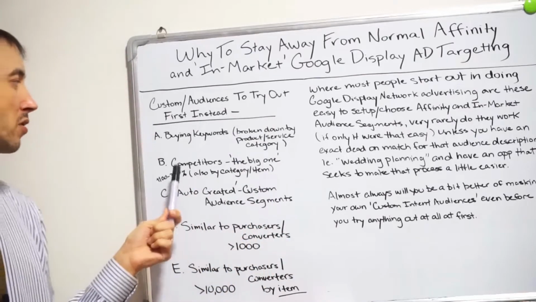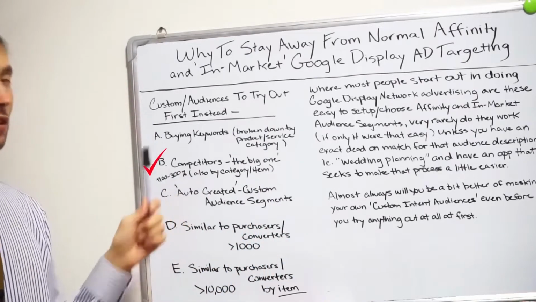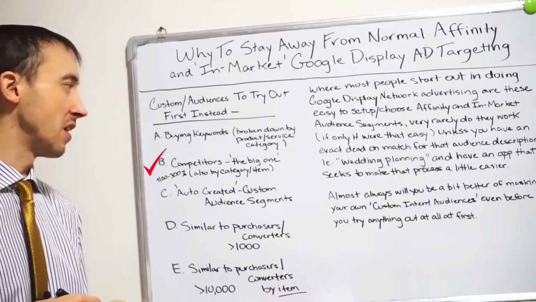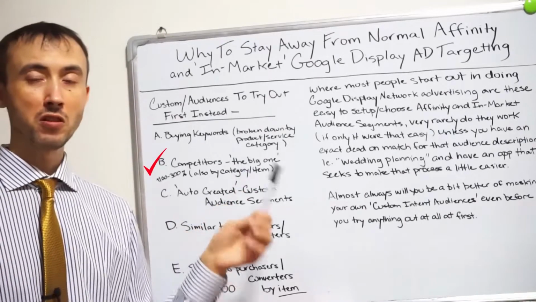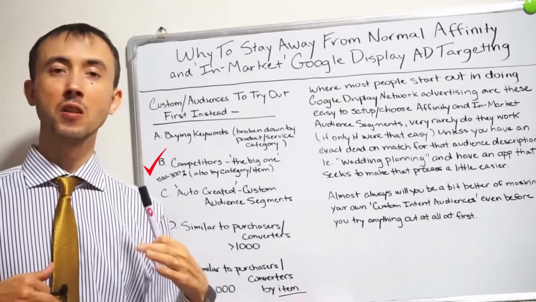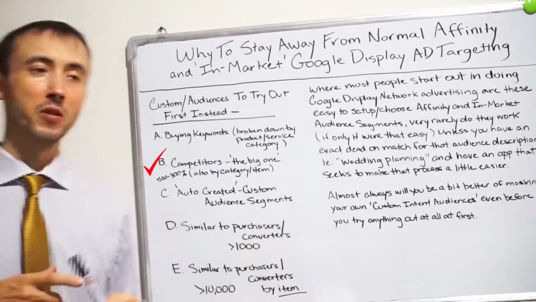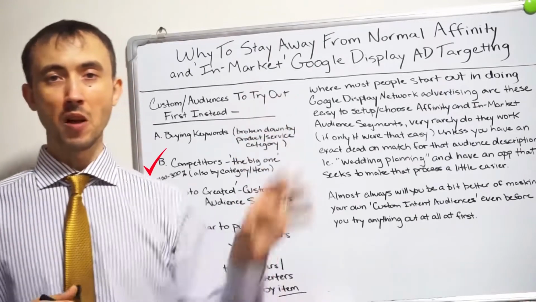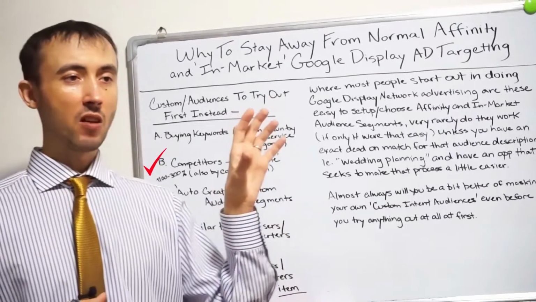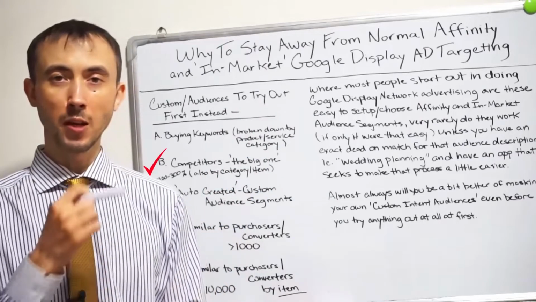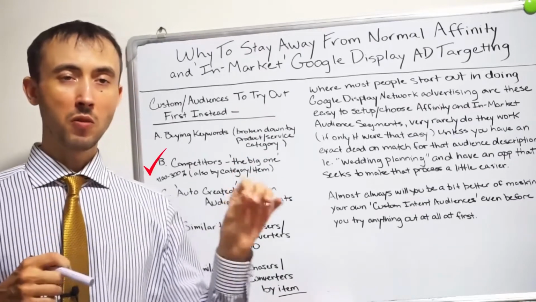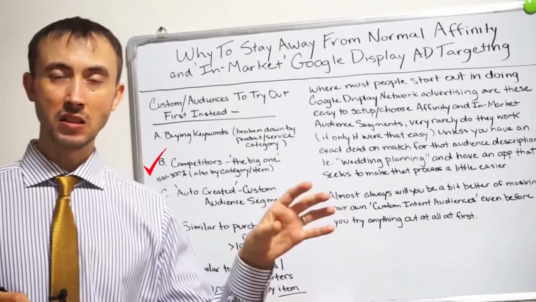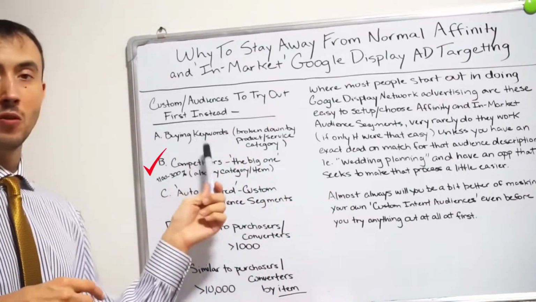My second go-to is the competitor terms, which I would use to define a custom intent audience. What I mean by that is, and this is the one that has the bigger return, but usually the smaller volume available, let's say. With that, I'll go and make a list of all my direct competitors. I'll write down all their business names, their trade names, their legal names into a file, and I'll use that to create a custom audience the way that I explained for the